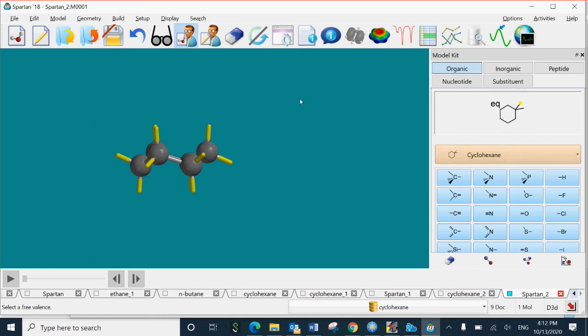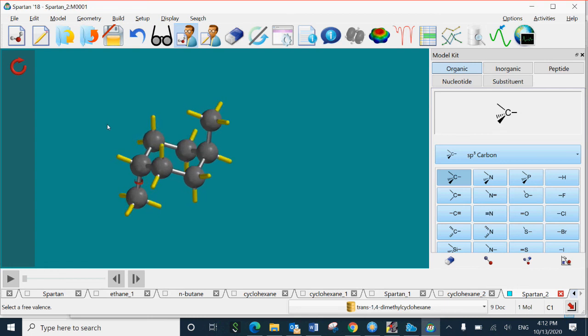So we need to add methyl groups. So you click on sp3 carbon again and click on this hydrogen. You will get a methyl group there, and at the fourth carbon. So you have a 1,4 diaxial dimethyl cyclohexane.